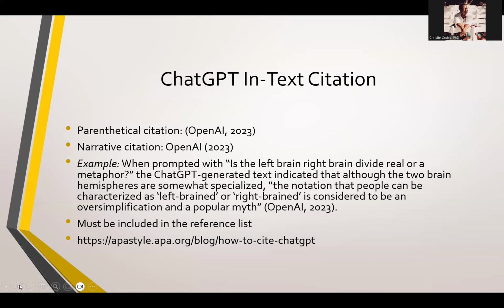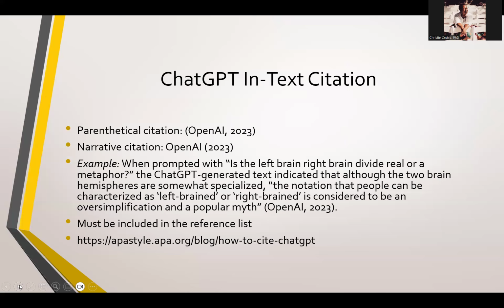And so you have to include the prompt that you used. You have to specifically state that the ChatGPT generated text indicated and include that. If you're going to do that, you have to include directly quoted what you got from ChatGPT, and then you're going to do a citation.